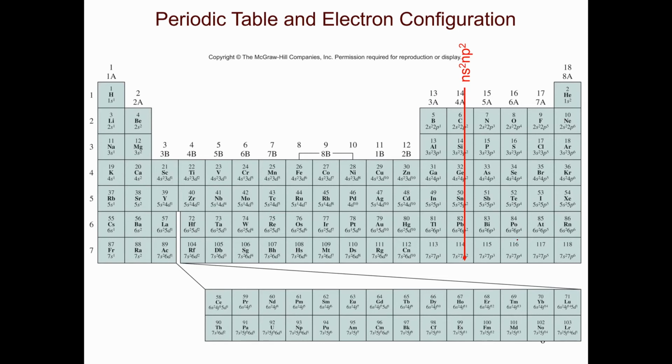As I go to carbon, notice that it's P2, nitrogen is P3, oxygen is P4, and the reason that our halogens are so reactive is notice that it is S2, P5. P5 means we need one electron to become like that of the noble gases, so we are going to gain many electrons, typically one of them, so that we can get to our P6